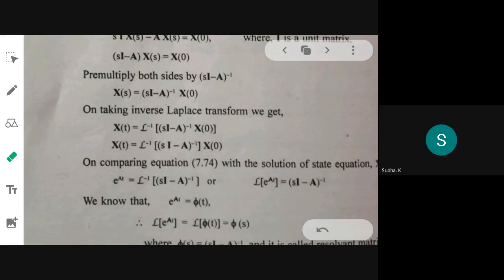So what are the two methods, did you understand or not? Yes, ma'am. So what are the two methods? Matrix exponential and Laplace transform. So you have noted down the formula? Yes, ma'am. Okay, again I will show you. Note down the formula, then only you will be able to solve